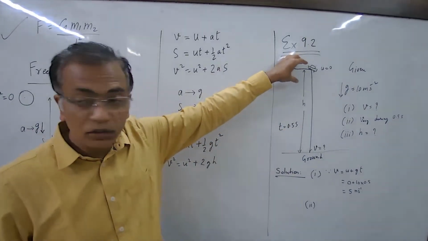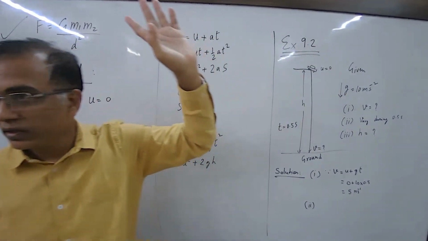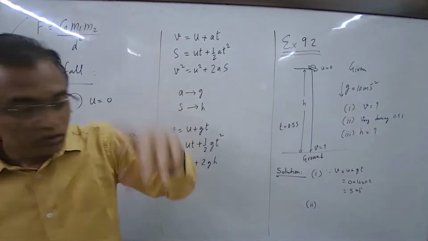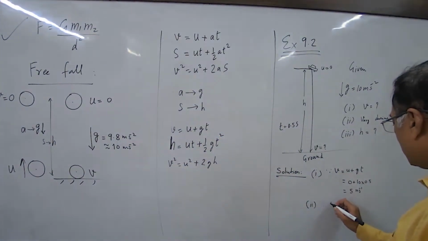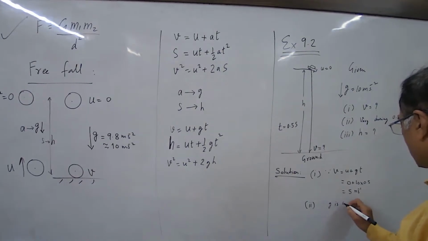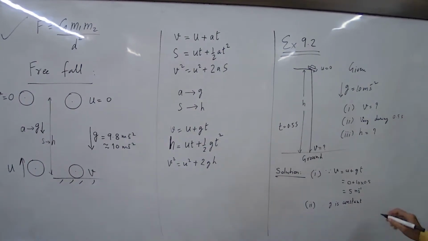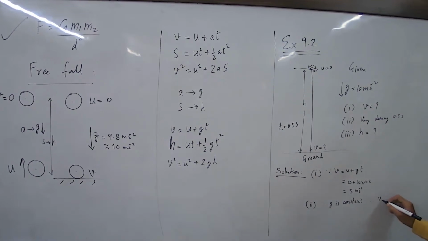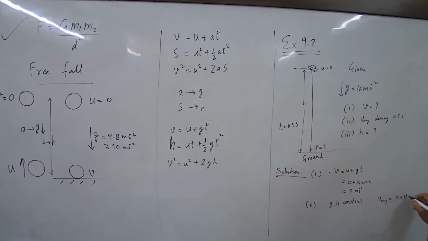Meaning, when you drop the object, it is constantly accelerating with this acceleration. Got it? So, since g is constant,